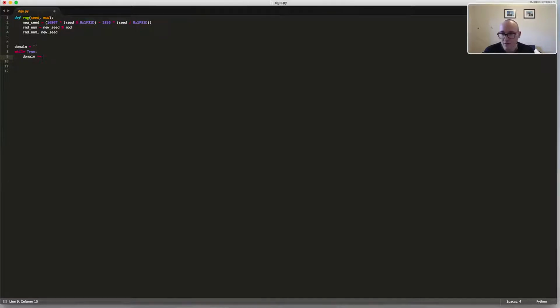So domain plus equals the RNG, and we don't know what the initial seed is. Start seed equals, and we don't know what it is yet. Actually, let's just call it None for now. So we send in the start seed,